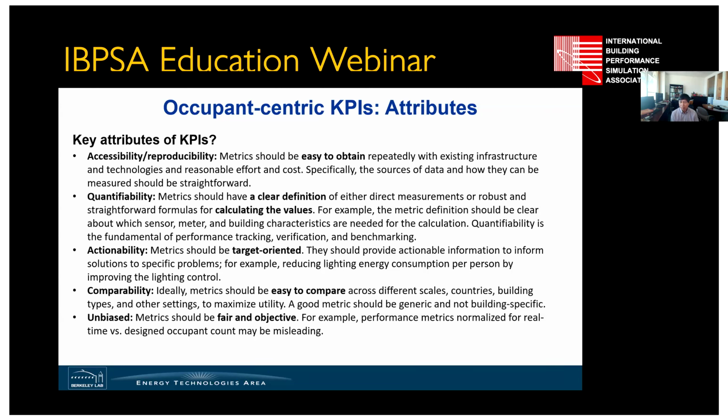And we know sometimes we normalize by the design occupant level, right? But that is a single static number. And we all understand actual occupants will vary, right? Hour from hour, day from day. So how do we really think about the normalization? I think it depends on how we use that KPI, for what purposes, in buildings' life cycle processes.